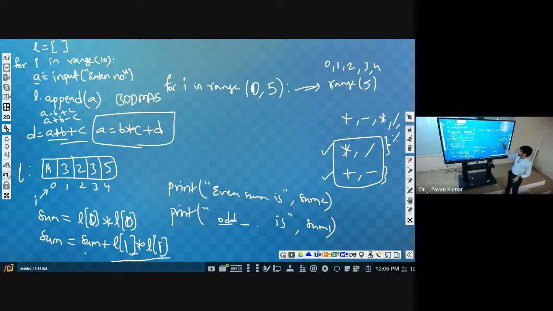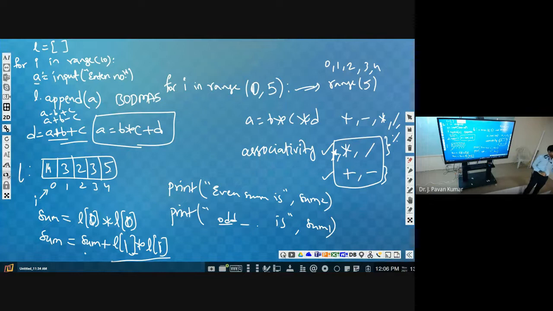Or you can consider two stars. Two stars in the sense I have A is equal to B star C star D. This is the same operator, so same precedence. Then how does it have to be evaluated? That will be indicated by using the parameter called associativity. Associativity property we will use whenever we have an expression which contains operators having the same precedence. Only then will we go for associativity.